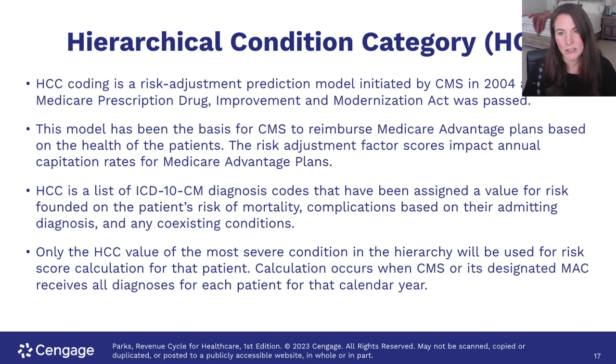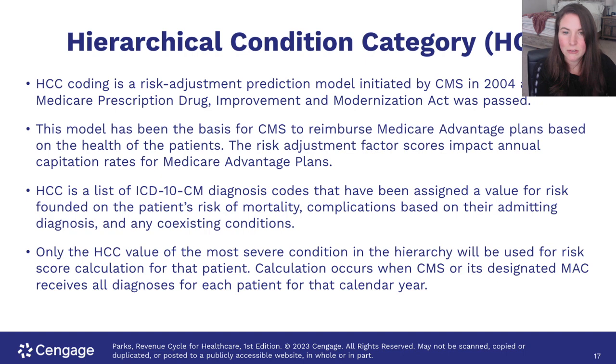The final HCC list has only the really severe diagnoses that are going to impact the patient's long-term healthcare costs, okay? So in this final group, this group of very severe diagnoses, the most severe condition is used to calculate the risk score for the patient, okay? This calculation happens when CMS or its designated MAC, remember those are the private groups that can bill and do these things for CMS,